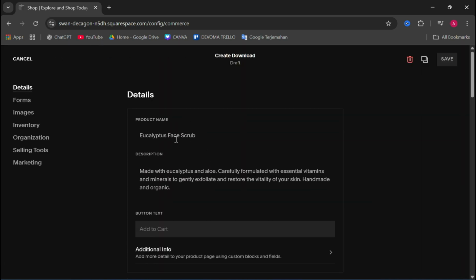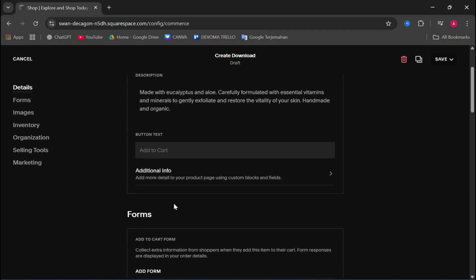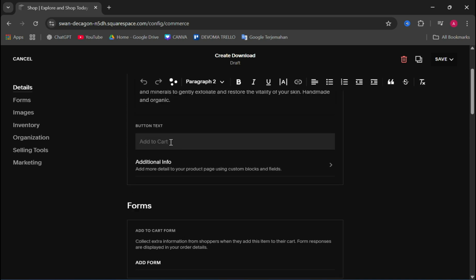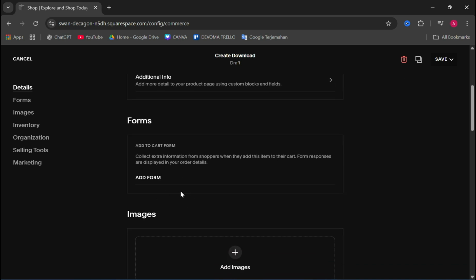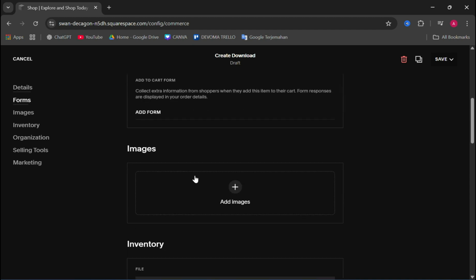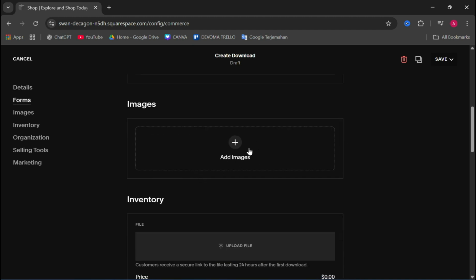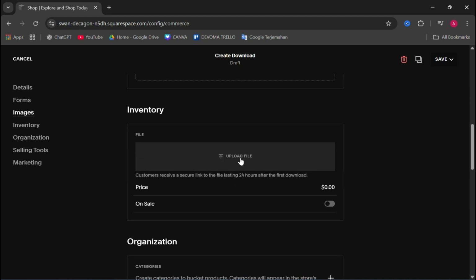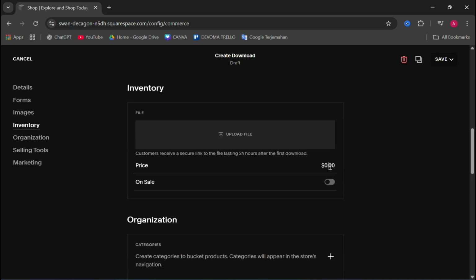After that, you can just name it. You can name it like ebooks for businessmen, just like that. And then you can add the description here. Also, you can add the form if you want to add a card form. And then you can add an illustration or image of the ebook. Then you can add the file. Of course, you have to add the product file,